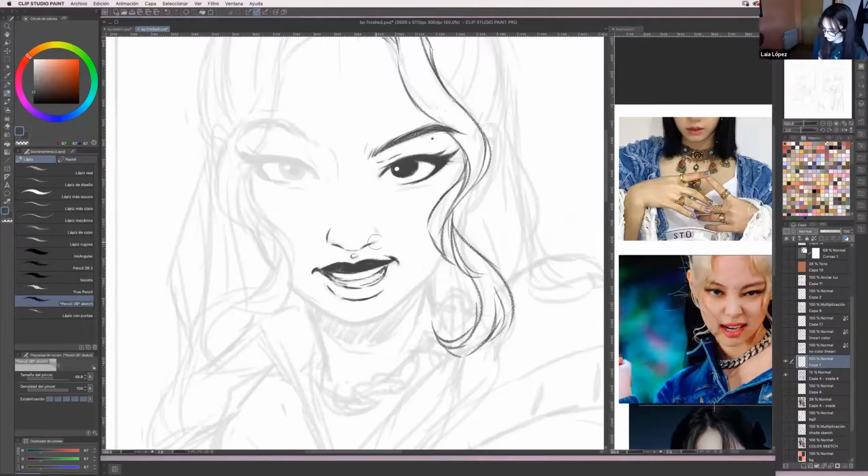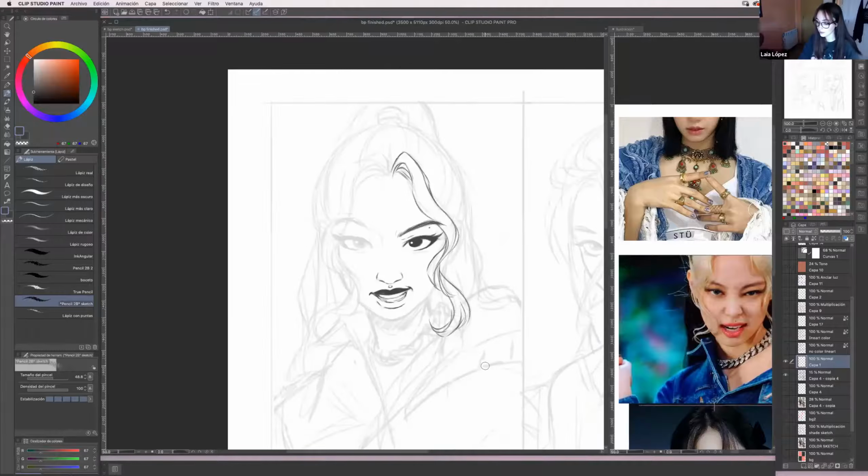Someone said, because I'm trying to look at the comments, that anatomy is probably the hardest part, and honestly, I agree. But I think that's something you improve at once you start drawing more. The more you draw people in real life and from models or pictures, the better you will get.